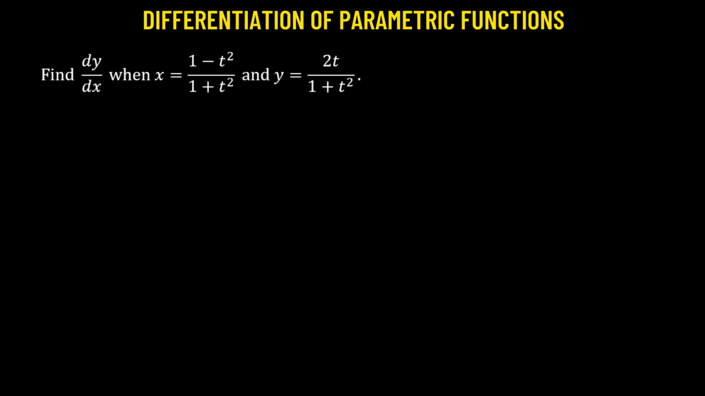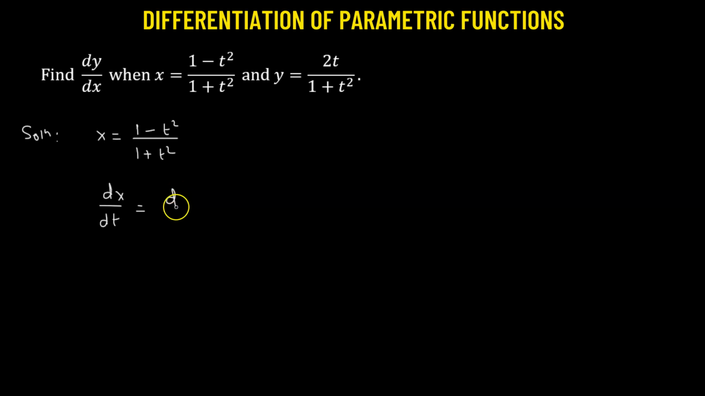So we need to obtain the derivative of y with respect to x whenever x and y are given in their parametric form. That means x and y both depend on the parameter t. So let's begin. We'll start with our function x, which is given by (1 minus t squared) divided by (1 plus t squared). So the first step would be to take the derivative of x with respect to t,